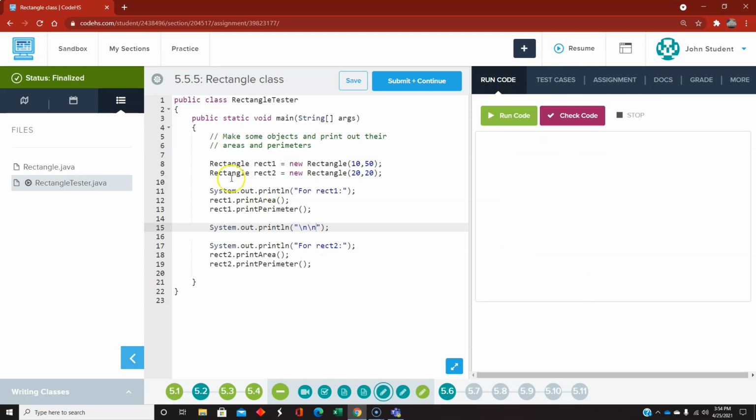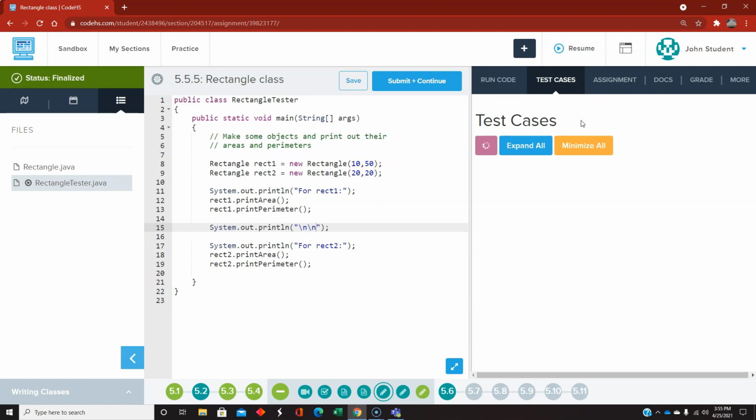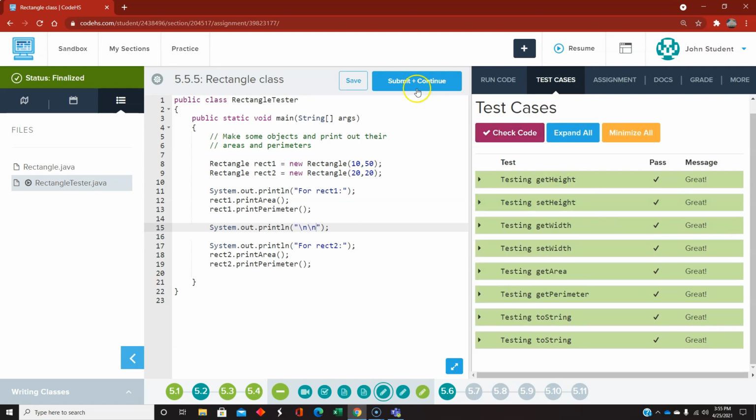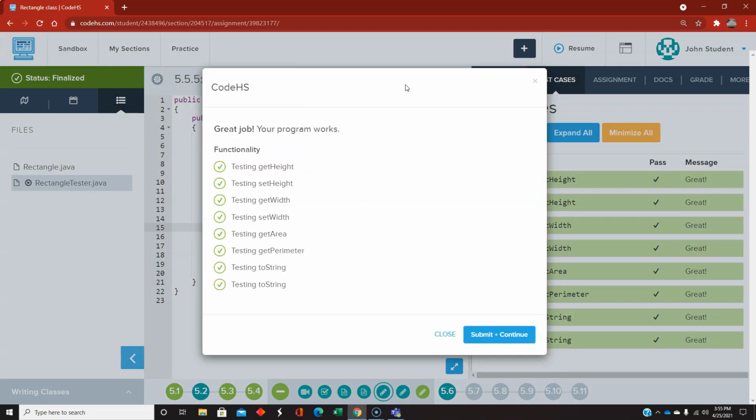They didn't give us any guidelines on what this should look like. They just told us to create a couple objects just to mess around with the methods we wrote. Rectangle 1, 10 by 50, area 500, perimeter 120. That looks good. Rectangle 2, area 400, perimeter 80. That looks good. I think we're good on 5.5.5, the rectangle class. All right, on to